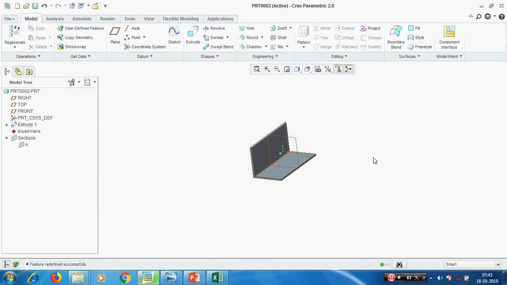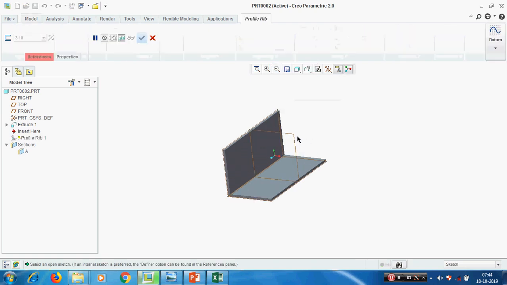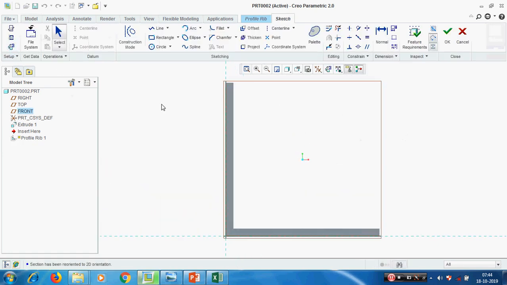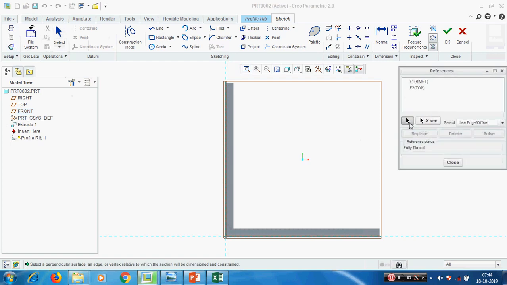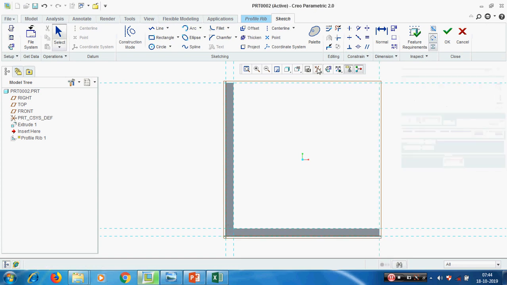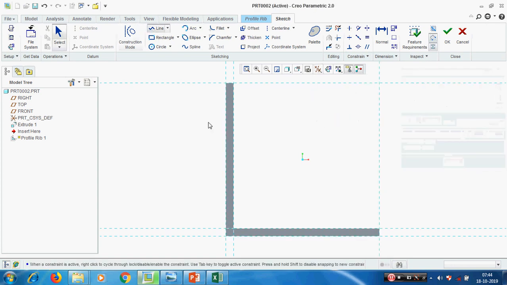Okay, now I am creating a rib. There are 2 ribs. See, one is profile rib and the second one is the trajectory rib. Profile rib we are creating. For this type of L angle profile we have to create profile rib. In the middle I am creating. To create this we need the datum plane. So I am creating in the middle. Select the sketch. Select all the edges as references. This one, this one, this one, this one. Of the datum, draw a line